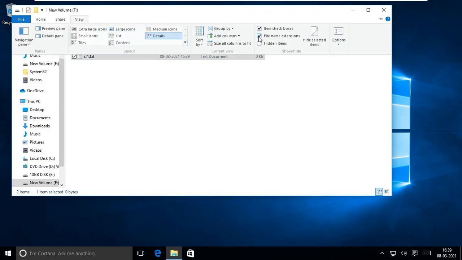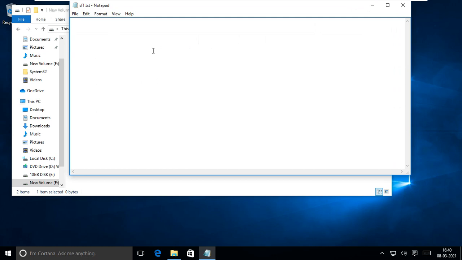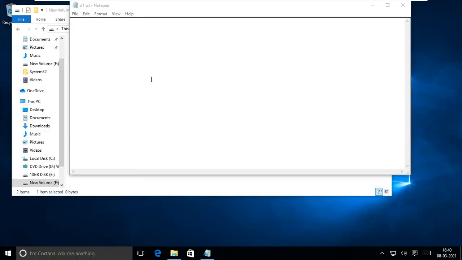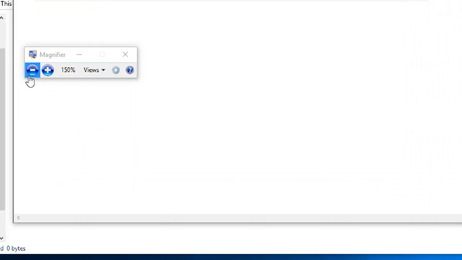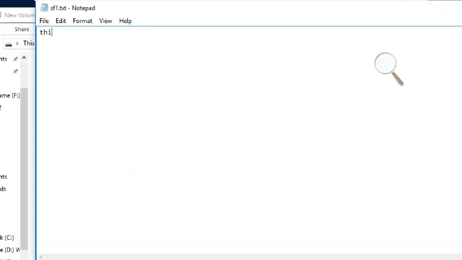View, check this mark, then you will see the .exe. Open it. Here this is the sf1 file by student1.